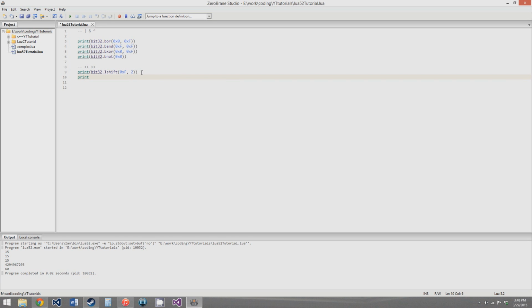and we can print bit32.rshift, give it 0xF and 2. Should do the opposite. We get 3, and then bit32.lrotate, 0xF, and we will give it 2 again. We get 60,